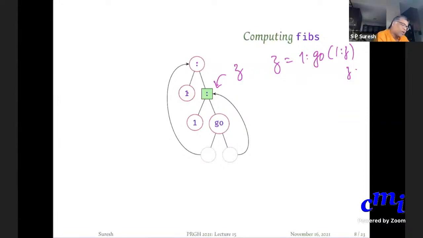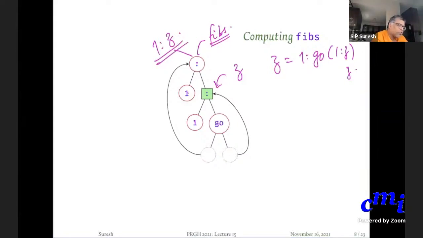Go of, sorry, this is fibs, this is Z. Yeah, because fibs is 1 colon Z. And Z is the colon operator applied on 1 and go of 1 colon Z, which is this. This is fibs, that is also 1 colon Z.